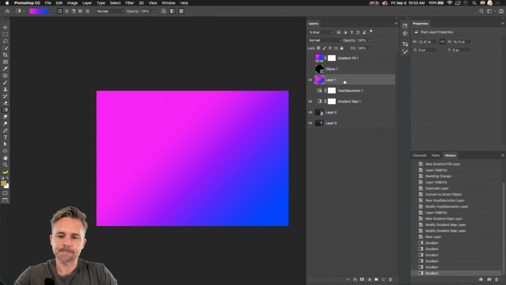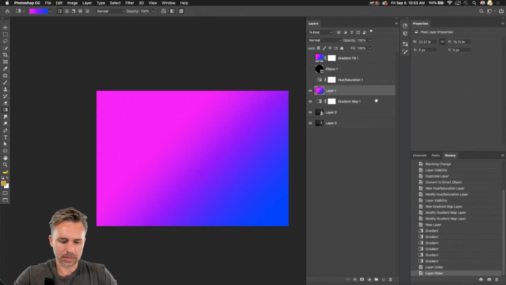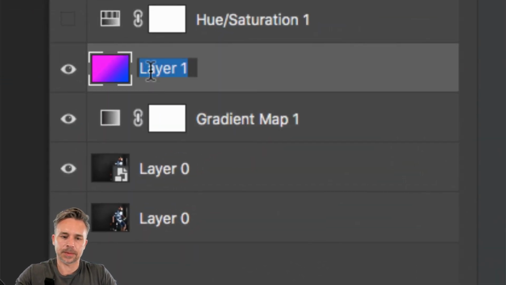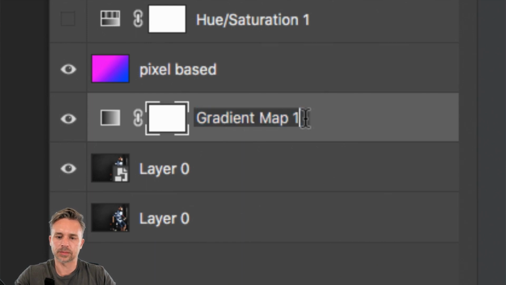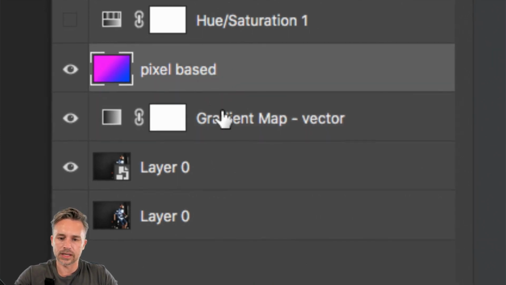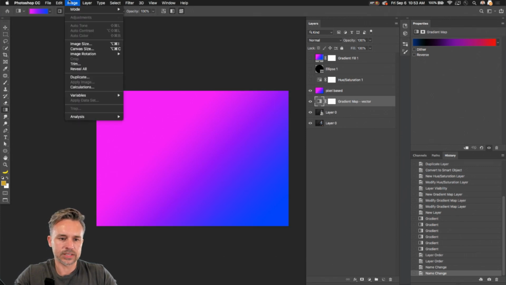All right, so what's the difference between these two layers? These could look exactly the same, but this is a pixel layer based, and this is sort of vector based. Admittedly, I use this all the time because this is just easier to draw on the image. But sometimes if I just want some nice gradient map in the background, I'll use this. Because watch what happens if I resize the image. You ready for this? If I resize the image